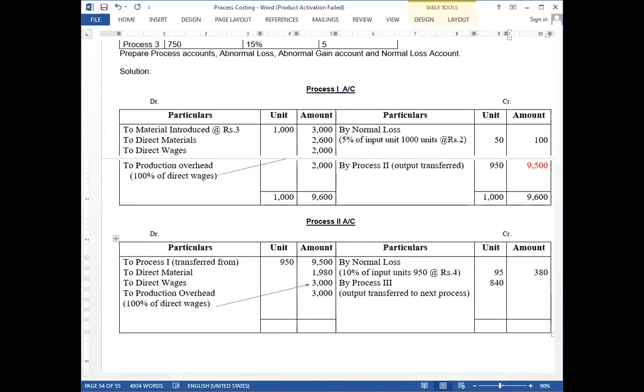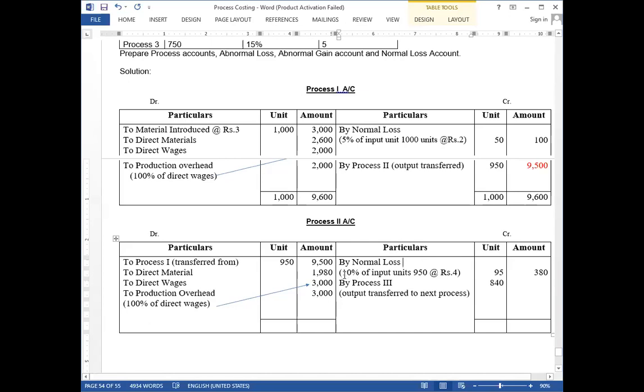I don't know. What we have to do, as per step number 4, is tally the unit column only. Step number 1, write in the debit side all the input as well as the expenses. Step number 2, write the normal loss in the credit side. The normal loss may be with scrap or without scrap. Sometimes both will be given. Without scrap is called weight loss, and with scrap we call it with scrap. In this problem, without scrap is not given, only with scrap is given.